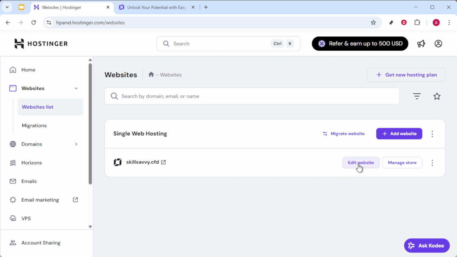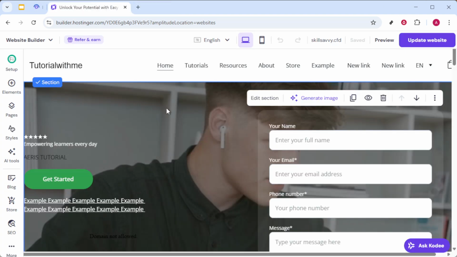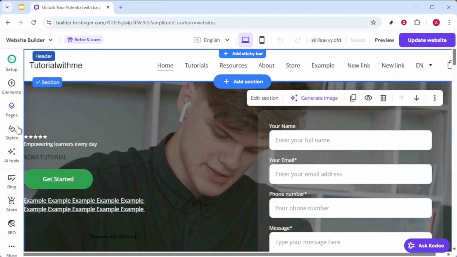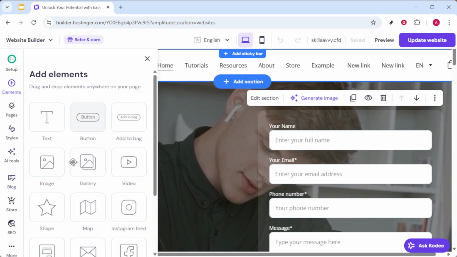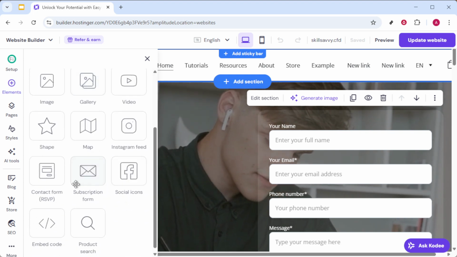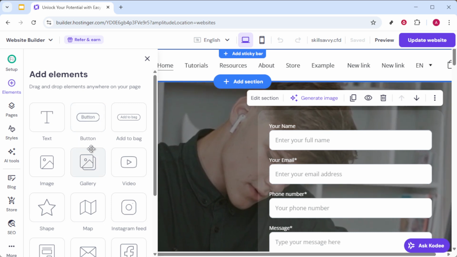Upon entering the website editor, you'll notice a plethora of tools and options at your disposal. One of the primary features you'll interact with is the Content of Elements section. This is where you can modify the various components that make up your website, such as text blocks, images, and buttons. Customizing these elements can help you tailor the look and feel of your site to better match your brand's